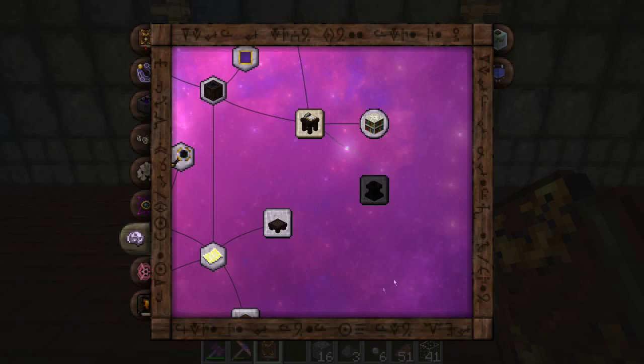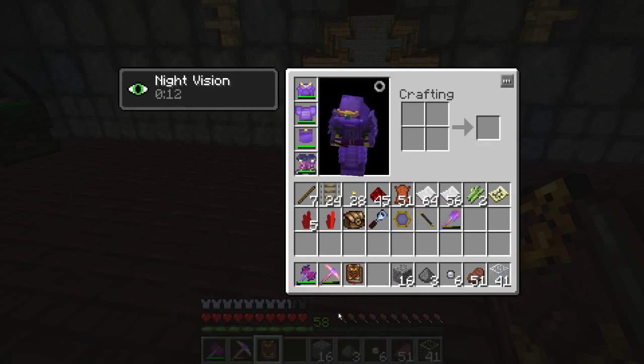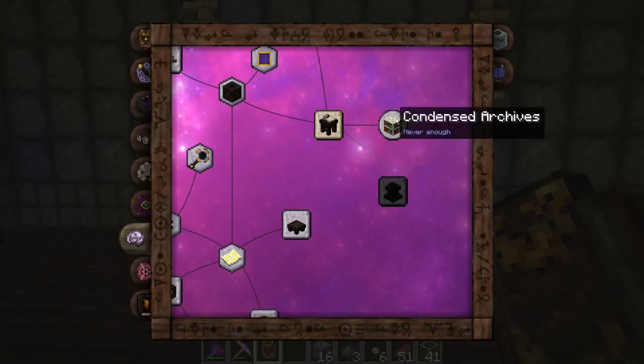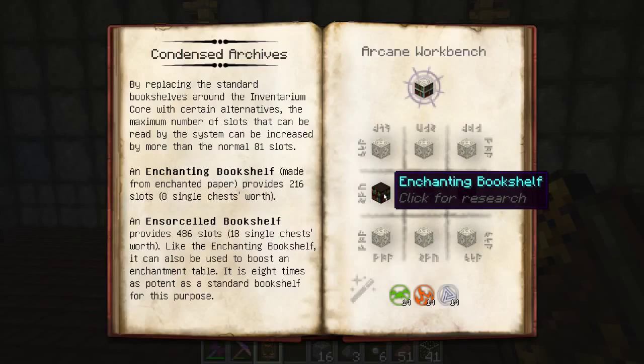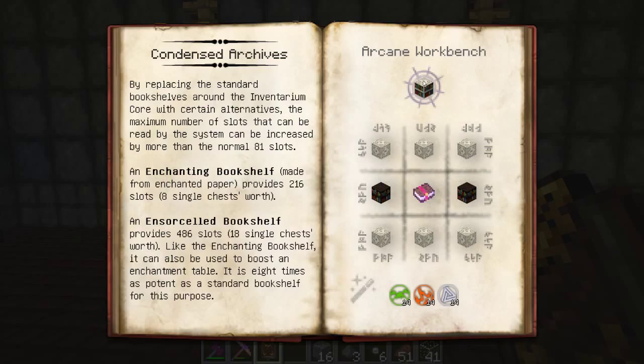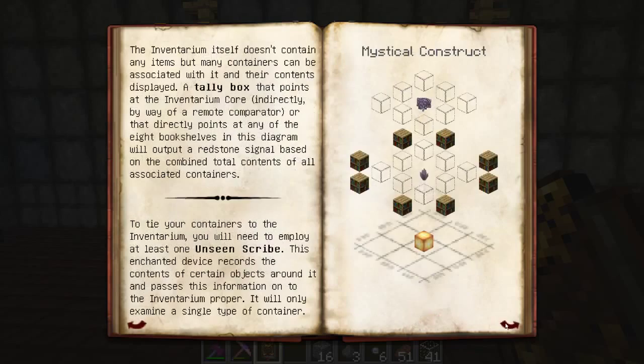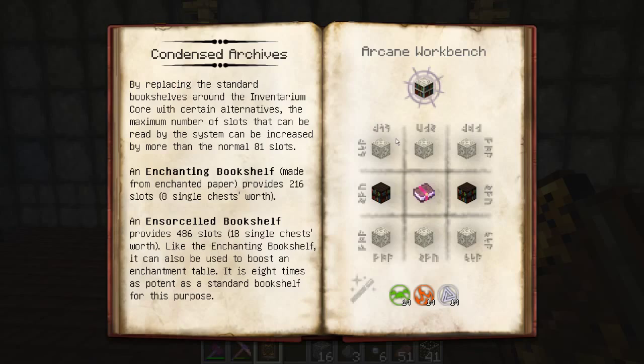Enchanted books, we've got enough levels that ain't going to be a problem either. But the thing that's going to be the hard part is the Enchanting Bookshelves. We need 8 of these, which means we need 16 Enchanting Bookshelves. Right? 2, 4, 6, 8. Okay, so we need 16 Enchanting Bookshelves,